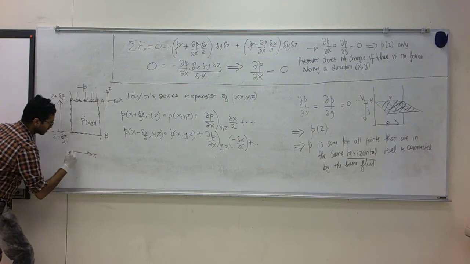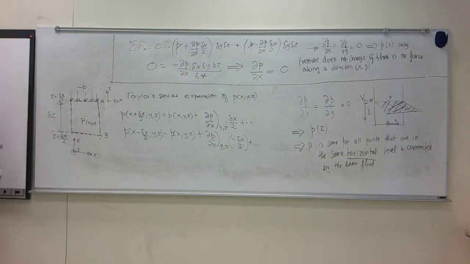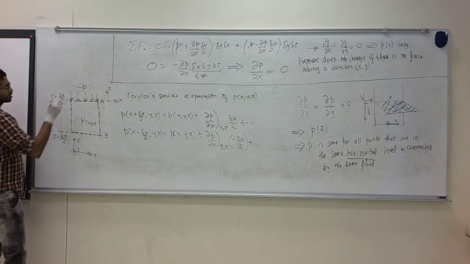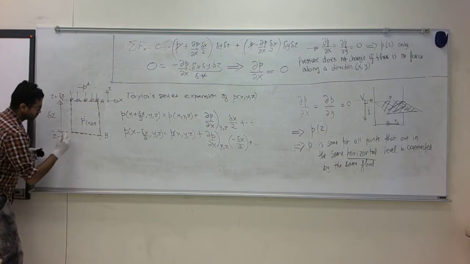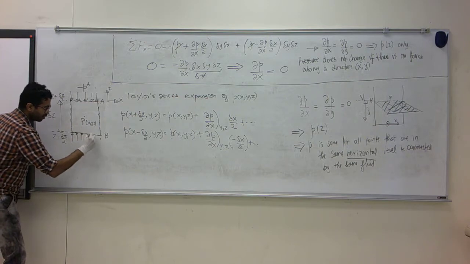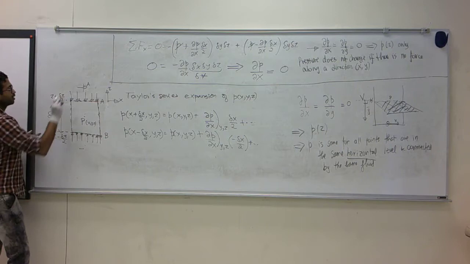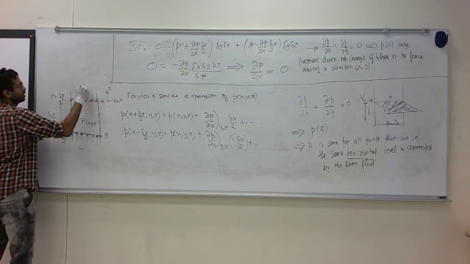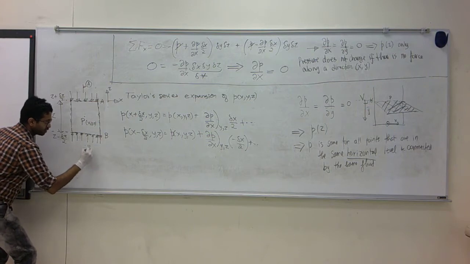So here is x, here is z, and y is coming out from the plane of the paper. So here is minus P_A, and at the bottom, pressure is always compressive and always normal. Keep repeating it to yourself. So that is P at face A and P at face B.